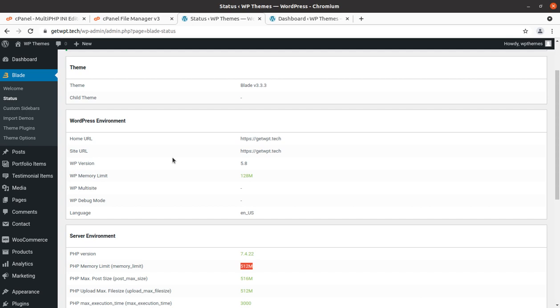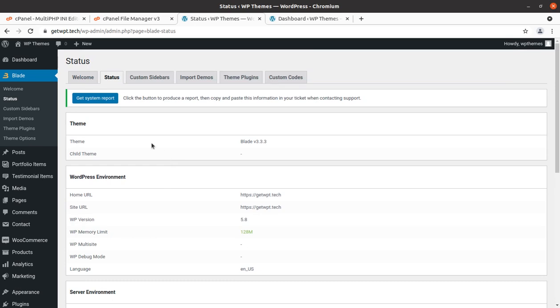You can use a File Manager plugin that allows you to access the WordPress files directly and edit them from your WordPress interface itself, and you don't need cPanel access in this case. So whatever the case for you may be, you should be able to increase the PHP memory limit. This is what this video is about.